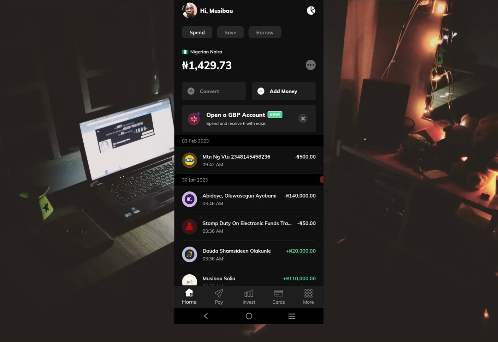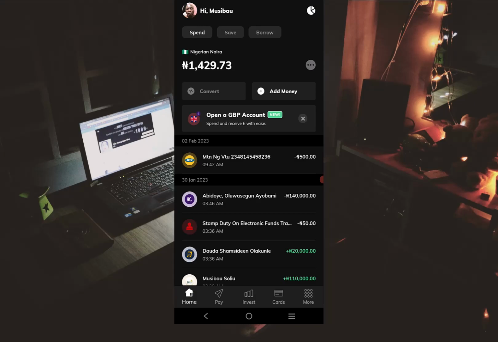I prefer you opening a direct bank domiciliary account instead of this Kuda account, because you cannot get a dollar account with the Kuda domiciliary bank account. Instead, you only get a pounds domiciliary account,